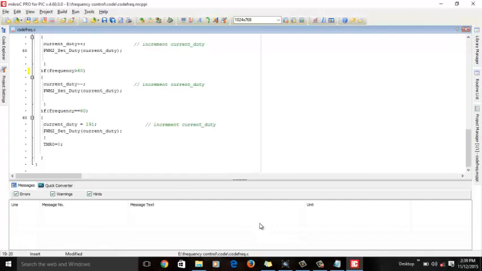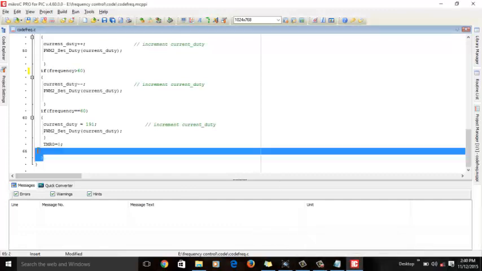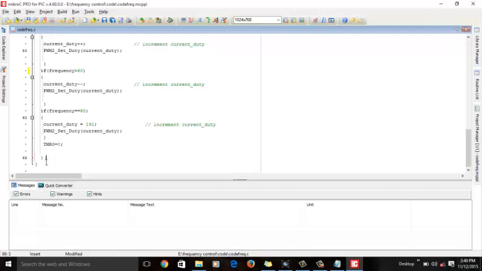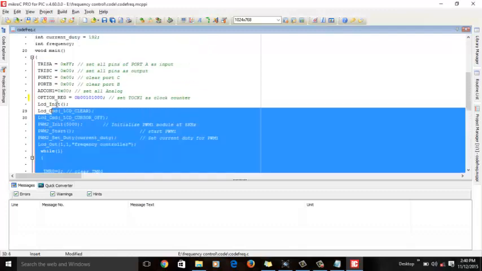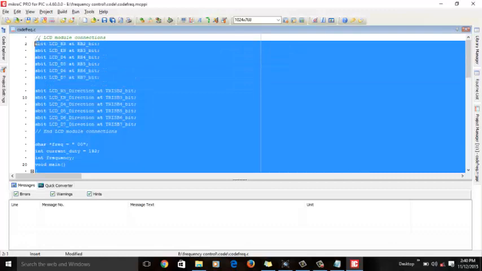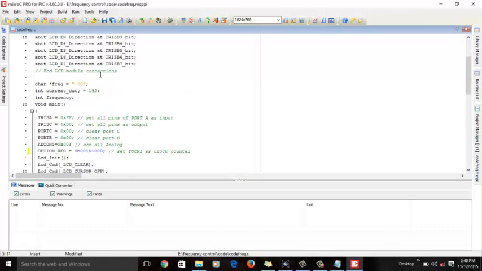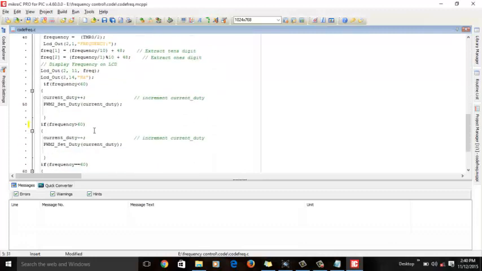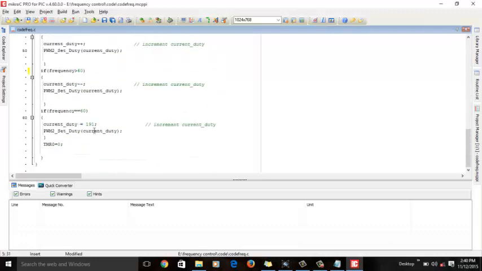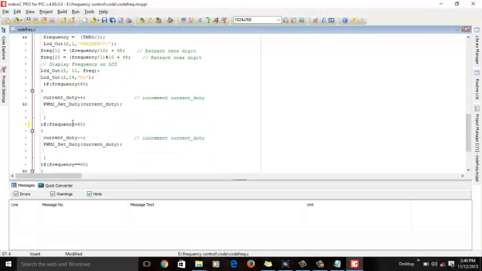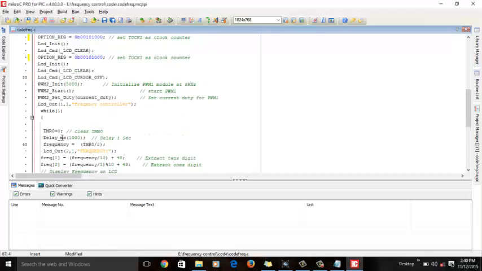So this is all about the program of a frequency controller. As you can see, it is written in a high-level language, so it is not difficult for you to learn, because these are simple English instructions. There is nothing rocket science in it. You just need to understand these